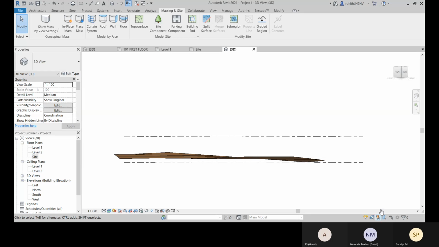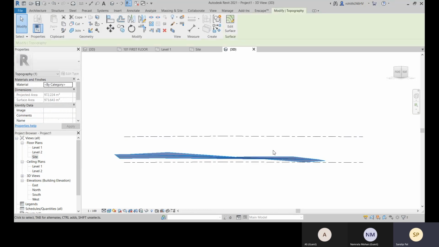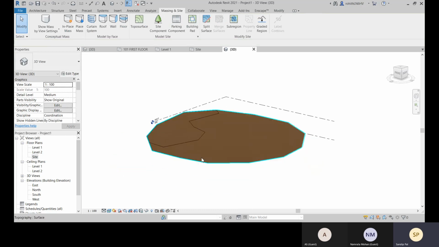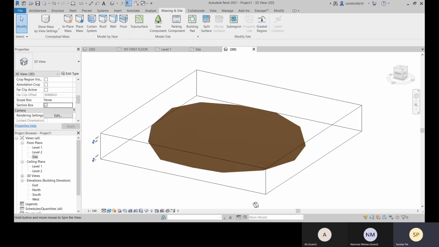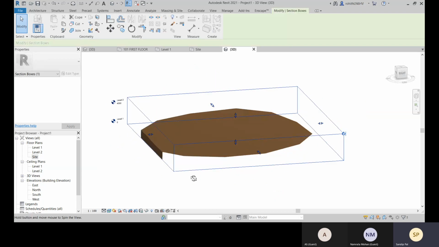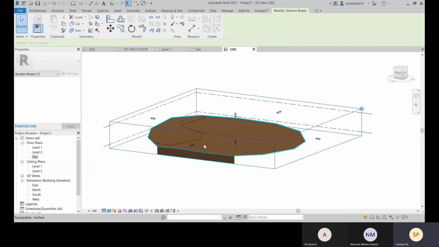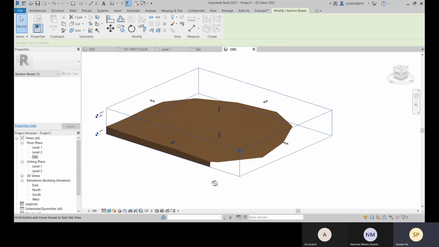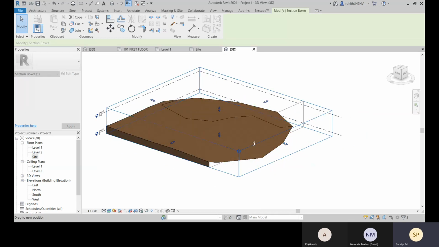Yeah, thank you. Here you can see that this is the topo surface you have created right now, and if you go with the section box, to check the section box, and go through like this.